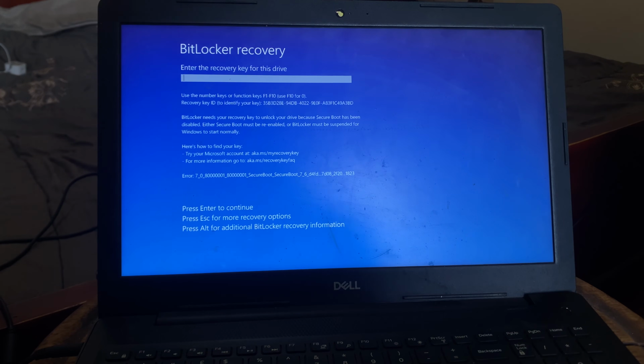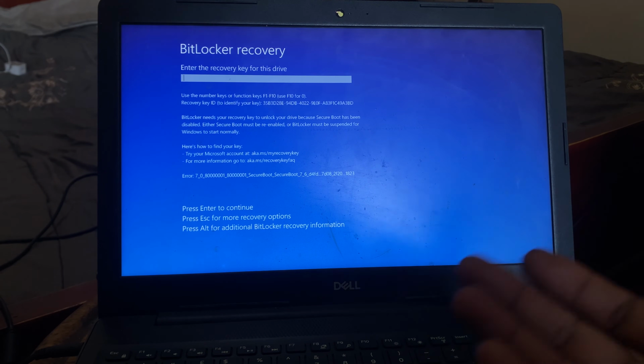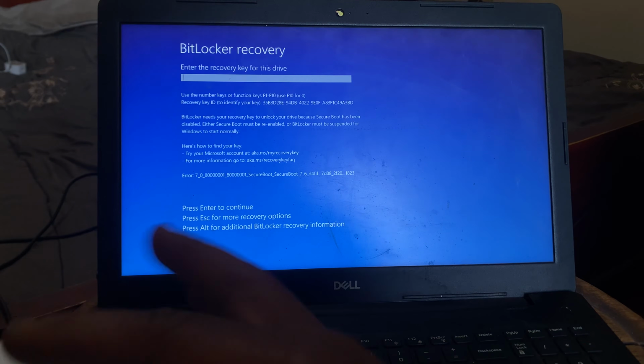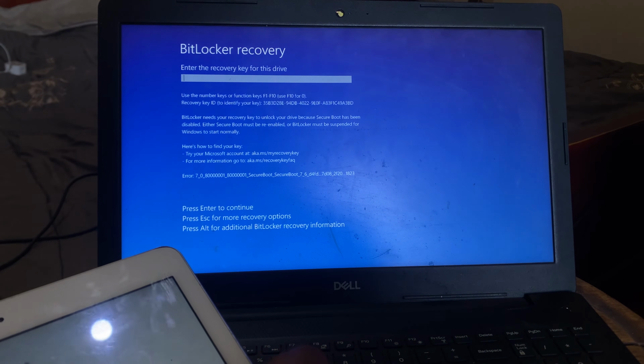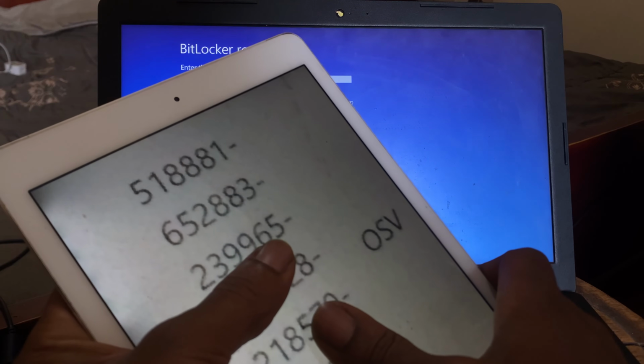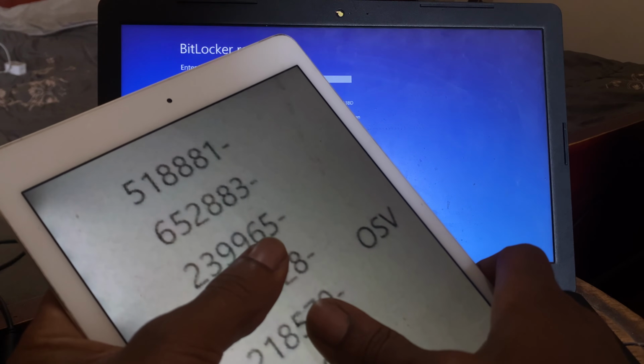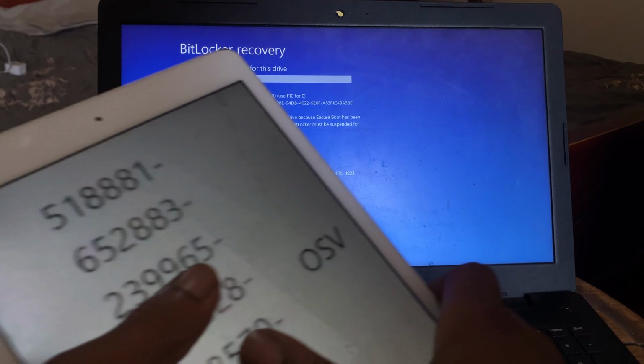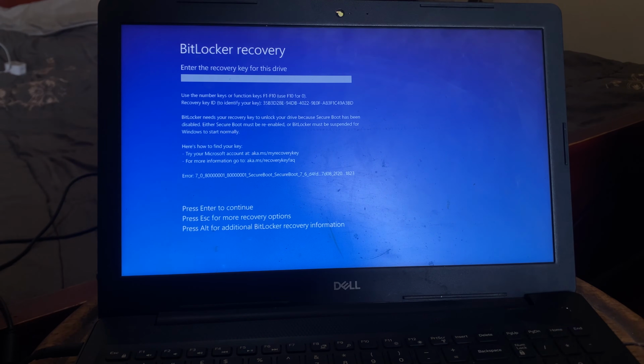So this is how the code looks like here. This is how my code looks like. It is long. It has like 6 digits, then 10 times. So right now here I'm going to go ahead and input my BitLocker key,